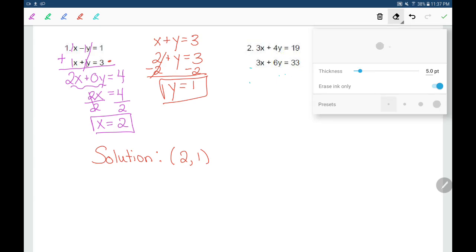Now my eraser doesn't want to go away. Okay, so